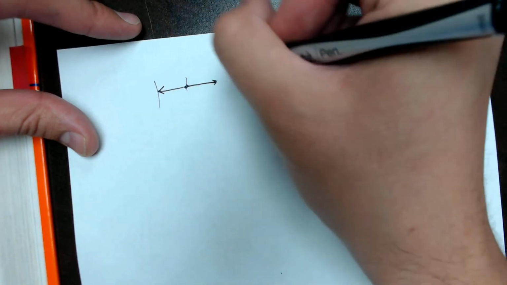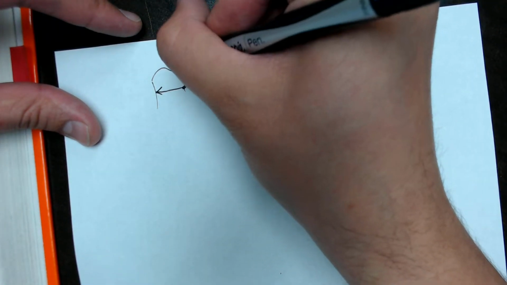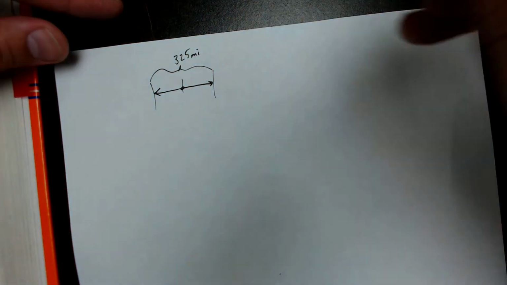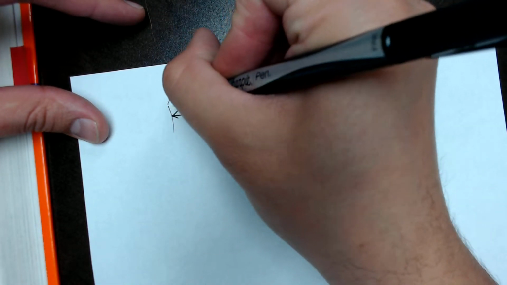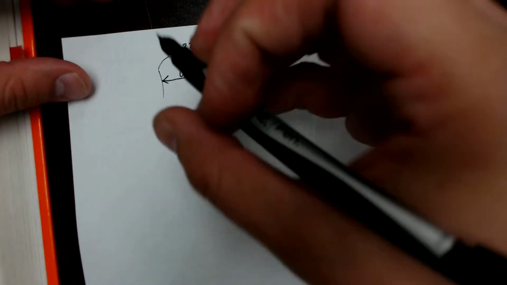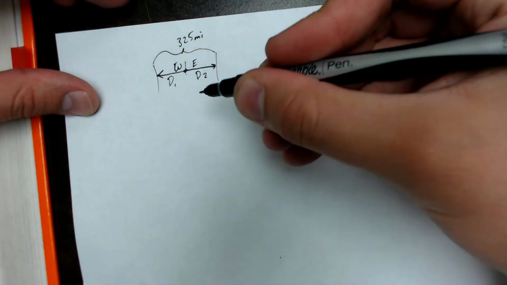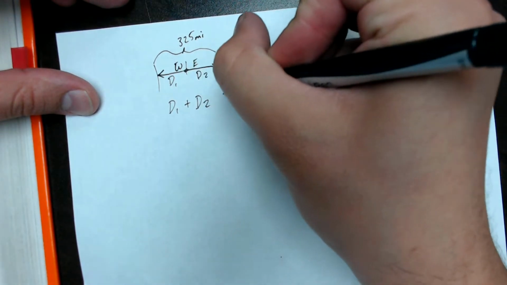They go in opposite directions, east and west, and they give you the distance apart they are, like 325 miles, right? If you got somebody going west and then somebody going east, this would be distance 1, this would be distance 2. The equation that we would put here would be distance 1 plus distance 2 would equal